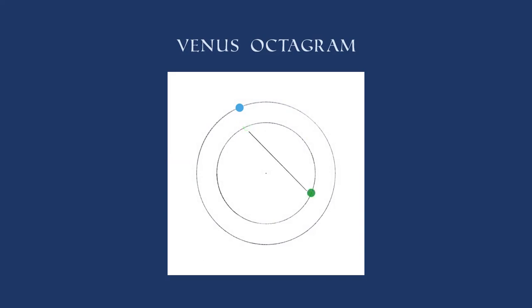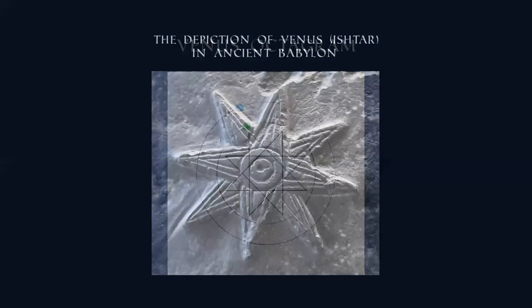So Earth has gone around its orbit once, and this is where Venus now is. So we draw a line to where Venus now is. Now, 1 year later, now this is where Venus is, and this keeps going. So each year, there's this new position that Venus is in. And after 8 Earth years, we end up with the Venus octagram. Now, these two numbers, 5 and 8, they're, of course, those Fibonacci numbers that we were just looking at.